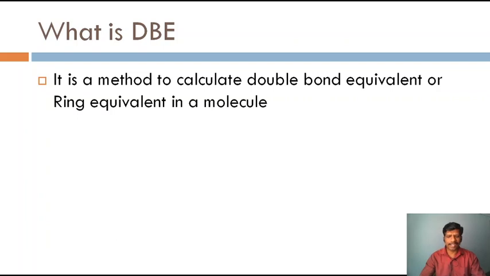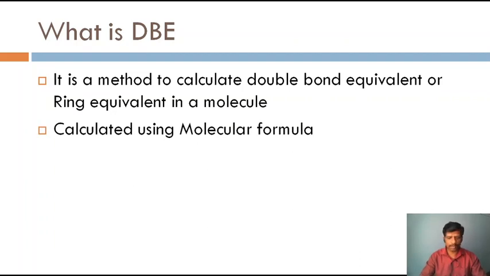Without explaining in detail about each and every one, they have used one single formula to refer to this, called double bond equivalent. Otherwise, it would have been just the number of double bonds. It is double bond equivalent that you have to remember. The double bond equivalent for a triple bond is 2, right? The double bond equivalent for one ring is one. That's what it is. Without making any further explanation, let us go into the formula.